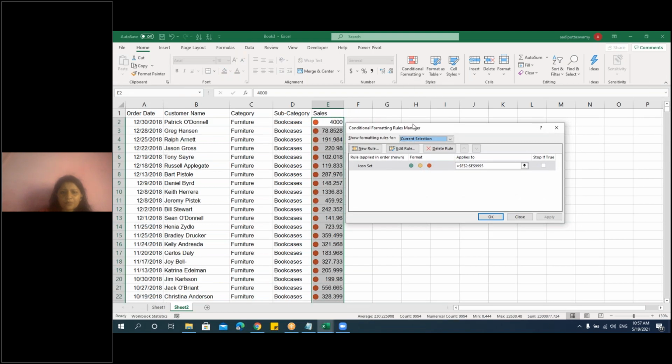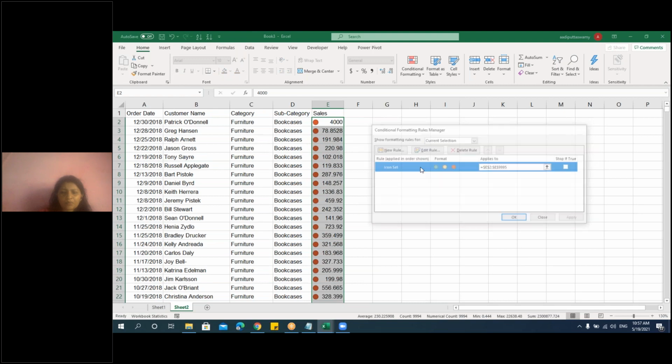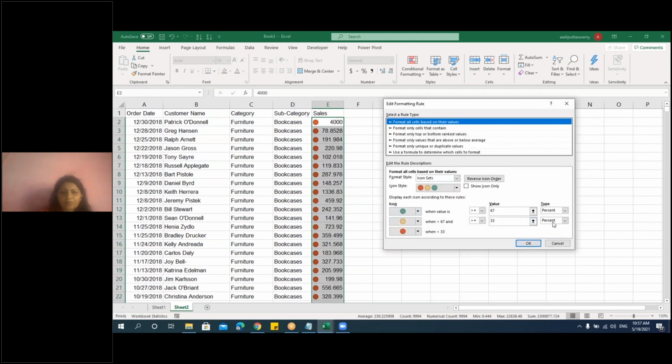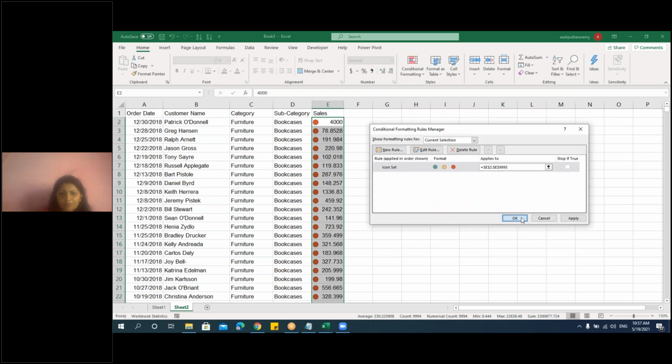Manage rules. Here I have this manage rules. Double click. Here it says percentage. Let's convert this into number. Any value above 3000 should be green color, the icon. Any value above 1000 should be yellow color. Anything less than 1000 should be a red color. Say okay. Now if you just go and see